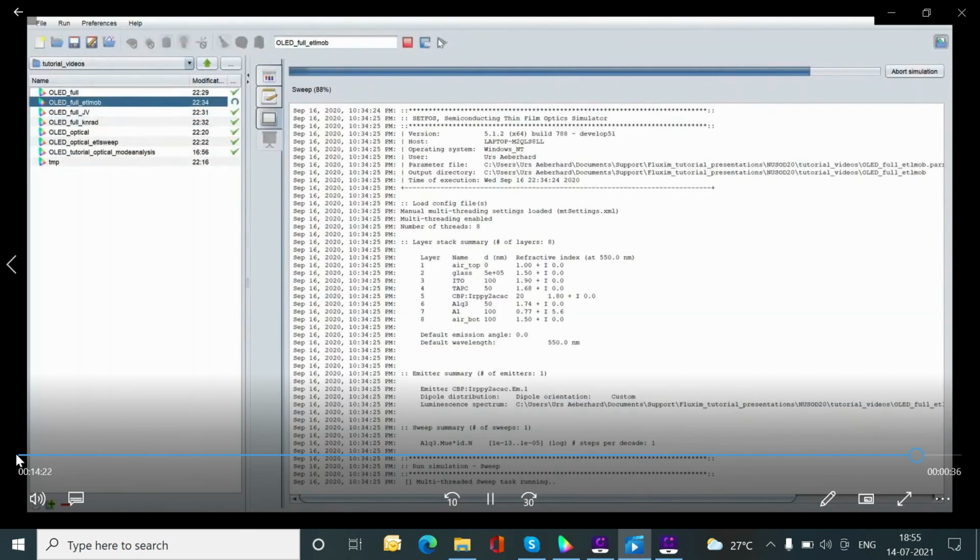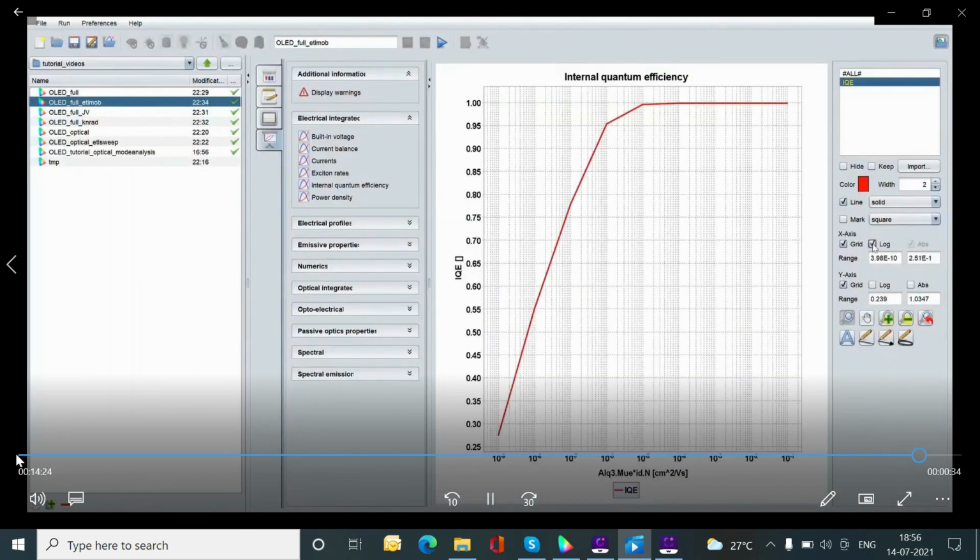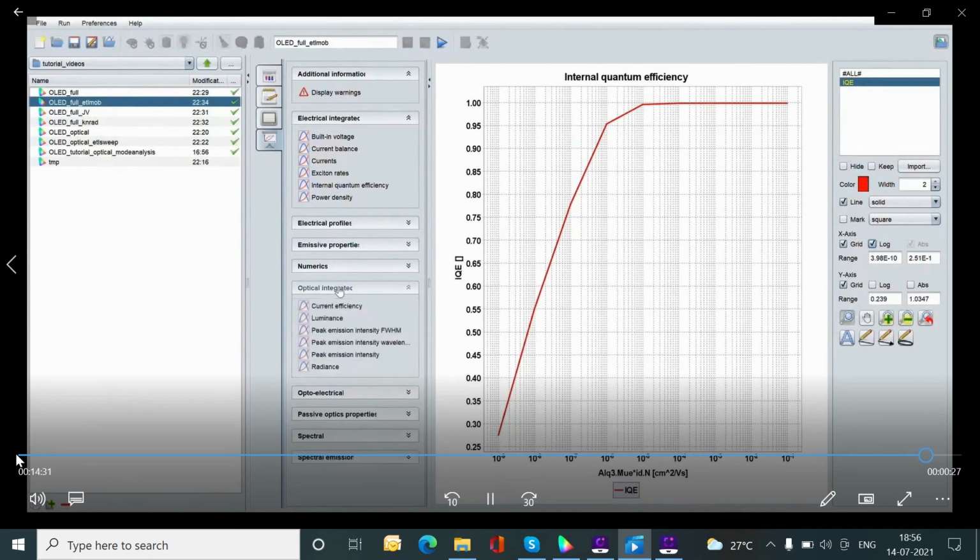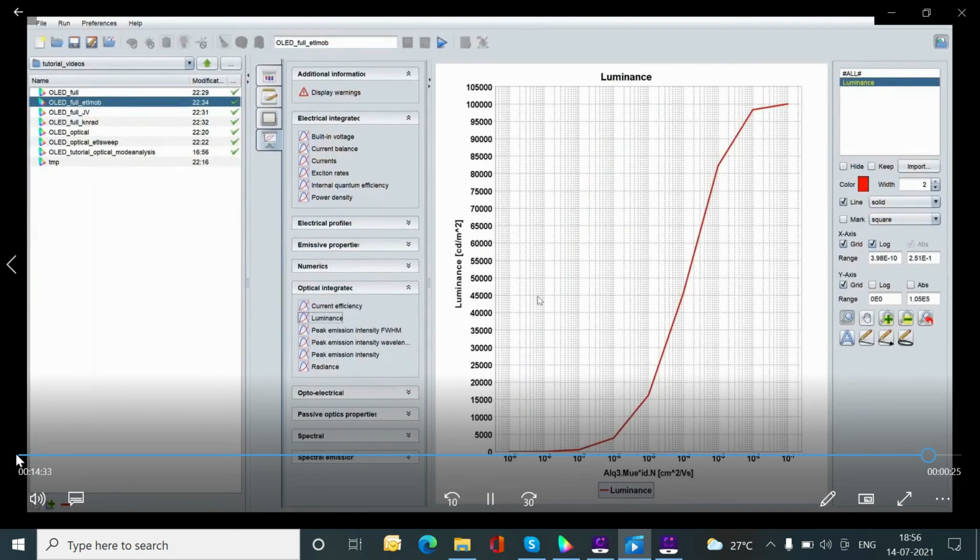Now I run the job. And again we find a drastic impact on the internal quantum efficiency, but also on other performance parameters such as luminance.